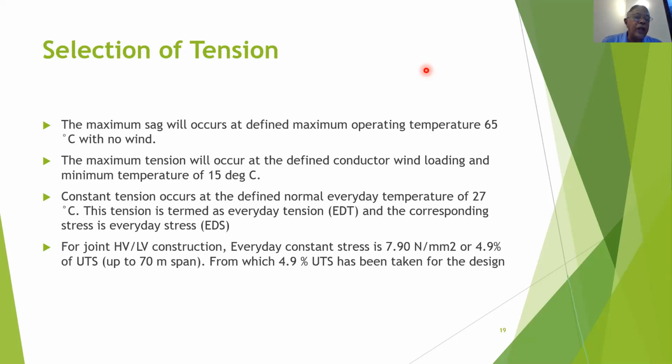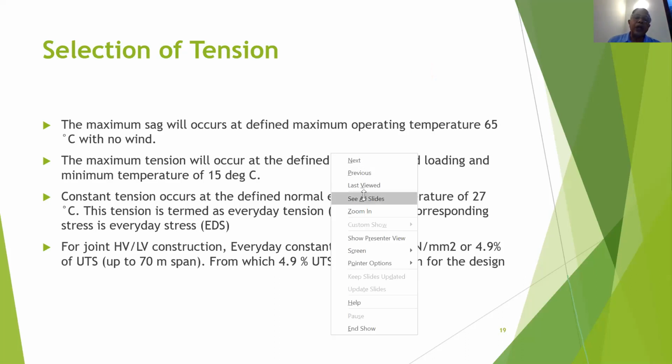So at everyday temperature the tension is normally specified, and for maximum temperature the Indian standards specify 4.9%, but for transmission lines and all,